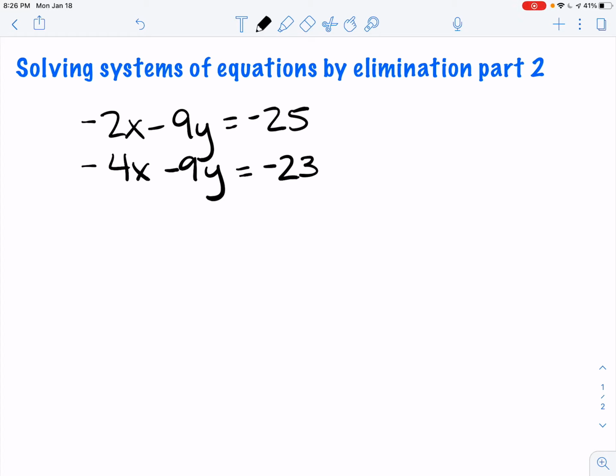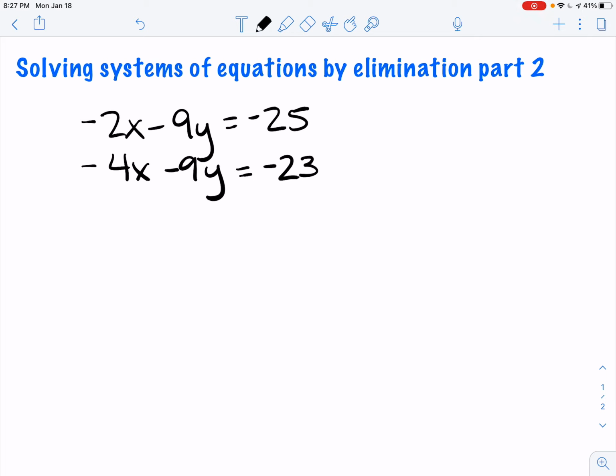Alright, we're going to take another look at solving systems of equations by elimination. So in the first couple of examples we looked at, we saw where our x's or our y's canceled out when we added the columns. Now we're going to look at what we do when maybe they don't exactly cancel out if we add the